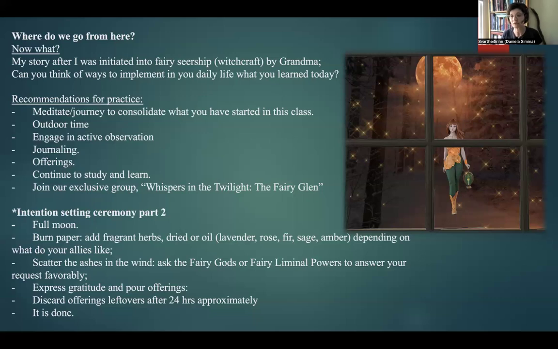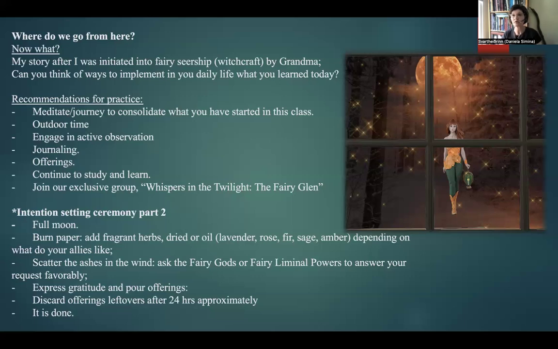Periodic meditation. That was, I mean, my grandmother's case. She said you keep doing your offerings regularly and you take omens. You look around and you see how the nature, how the surroundings speak to you. My advice for you would be make offerings. Offerings, remember, it can be just a cup of water left on a windowsill with the intent for the fairy beings of the house and surroundings to enjoy.